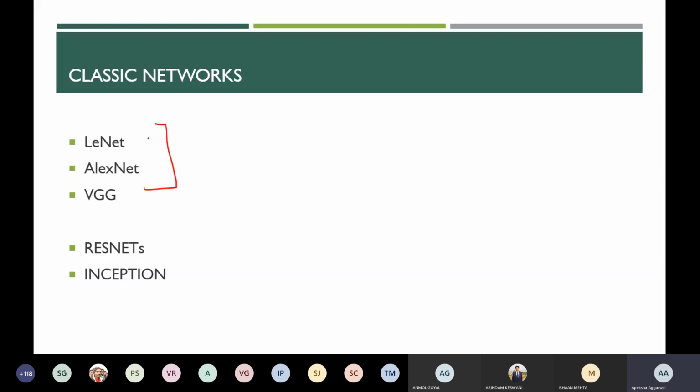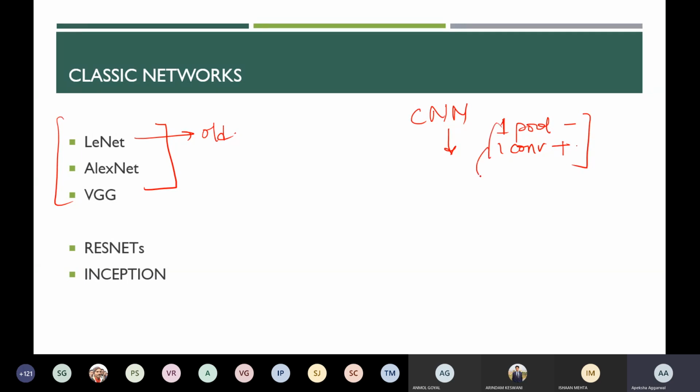Now this LeNet is an extremely old version. These are the classic networks. In CNN there are some built-in networks. You cannot say that you will use only one pooling layer and only one convolution layer. You have to play with the model very much, adding and subtracting layers. You have to do so many calculations to improve your accuracy, and you don't know how much you can improve it. So it's basically a never-ending process. Some classic networks are LeNet and AlexNet.